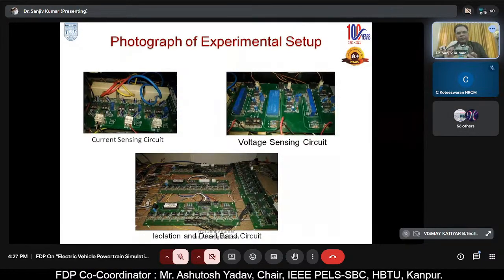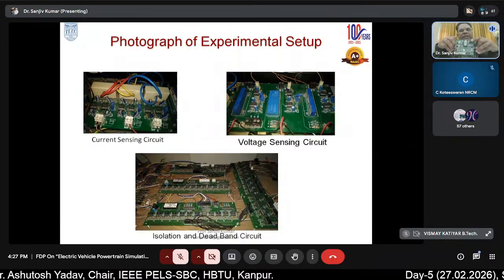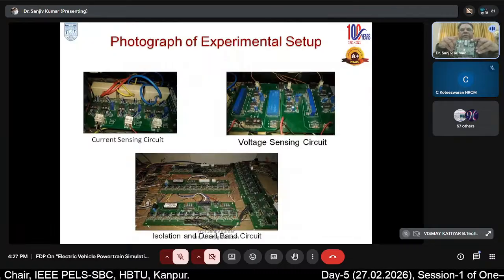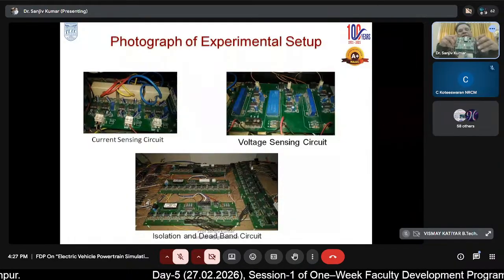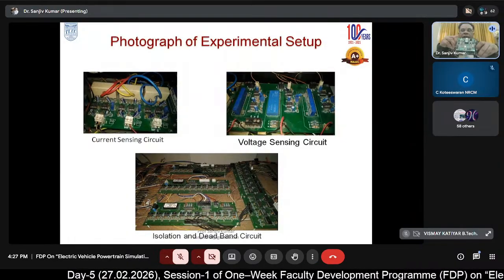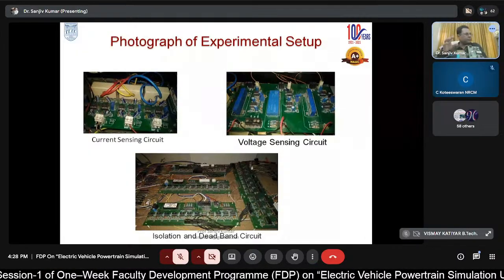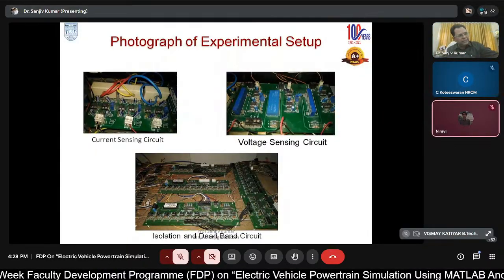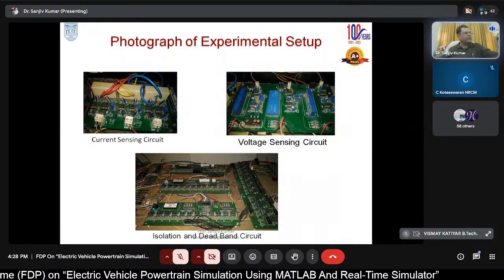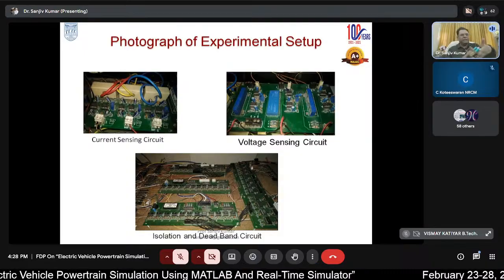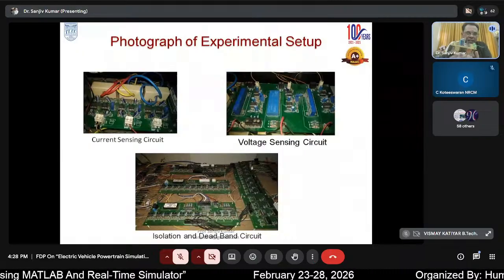So here we have used one boost regulator. The reason is the OPAL-RT pulses which are generated from the OPAL-RT are 5 volt, and the IGBT requires 14 to 16 volts. So the boost converter is used, which converts 5 volt to 16 volt, and that is fed to the IGBT which is here. In case you have any doubt, you can ask. And this is the simple 5 volt supply. All these things are generated in the lab.